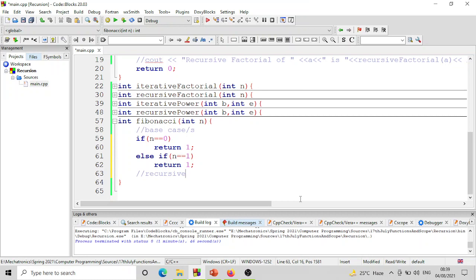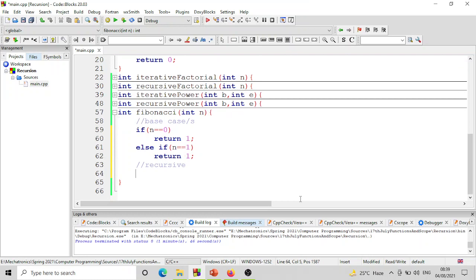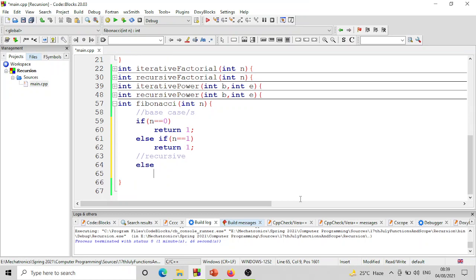This recursive case is slightly different than the previous ones. Else, what is the recursive case? If n is neither equal to 0 nor equal to 1, if n is some other value, then what should we return? Then we should return the sum of the two previous Fibonacci numbers. So we should return Fibonacci n minus 1 plus Fibonacci